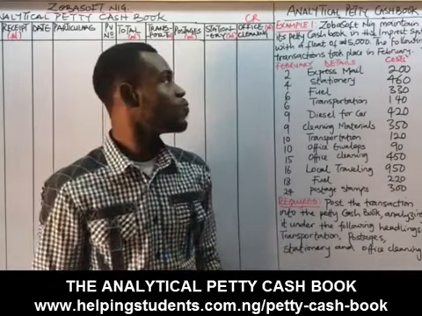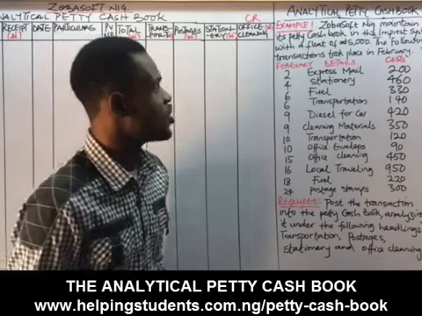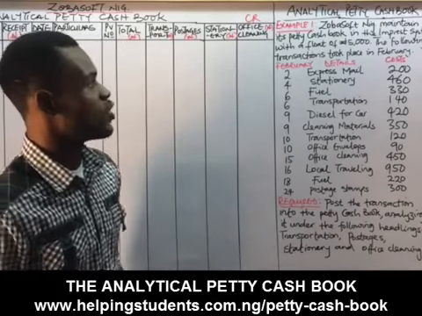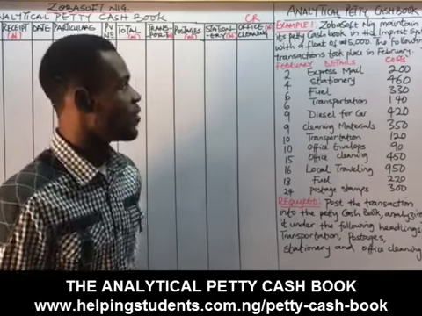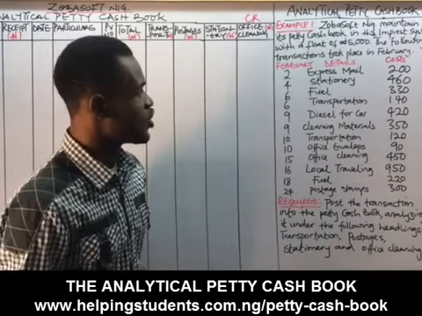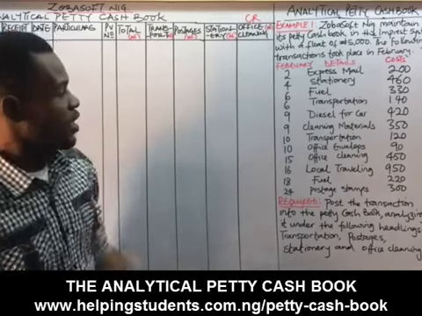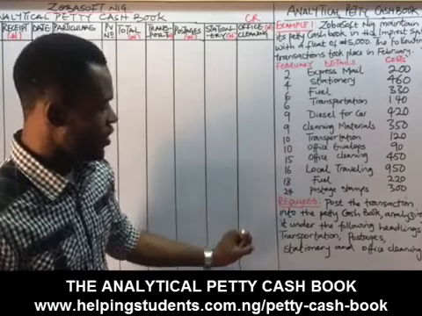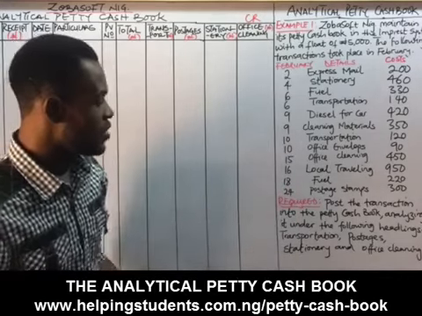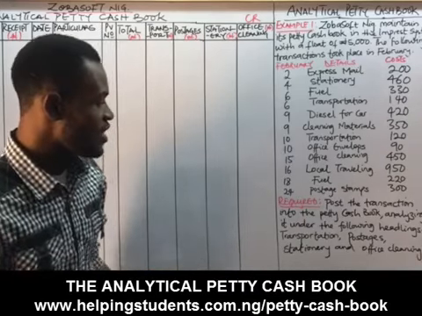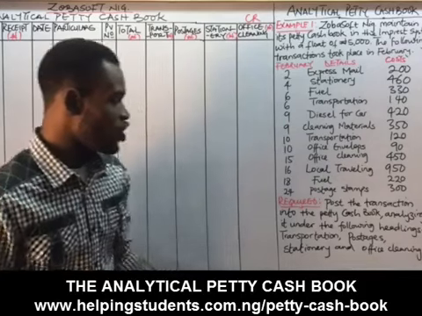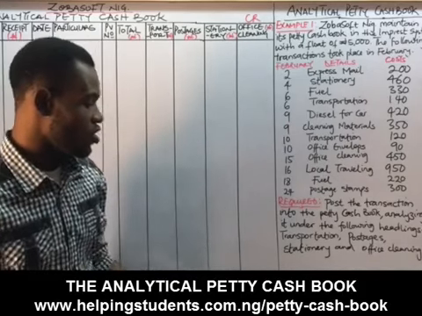So, Zobasoft Nigeria maintains its petty cash book in the Imprest system with a float of 5,000 naira. The following transactions took place in February. Now, these are the transactions we have already. Now, the requirement says post the transaction into the petty cash book, analyzing it under the following headlines: transportation, postages,